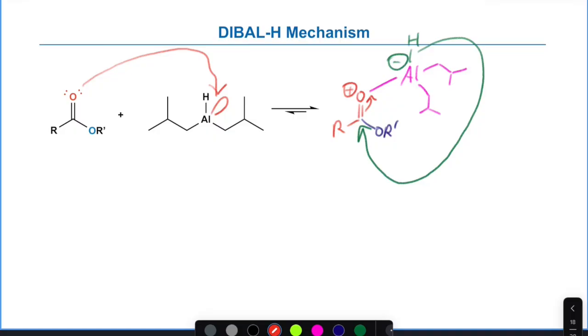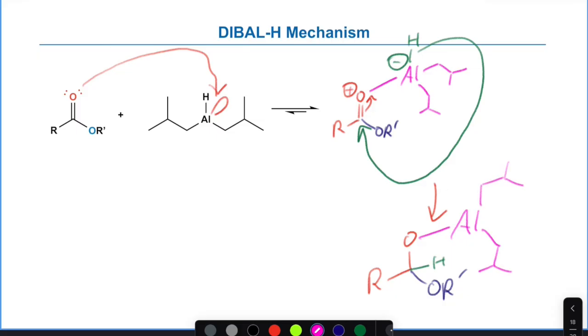Once we do this, we're going to have our R group, O, you have your OR prime. We have our aluminum. It's no longer a hydride. We've transferred that over here. And we've got our two groups attached. What about charge? Are we happy? It's good. Everybody's stable. The nice thing about this complex is if the temp is low,